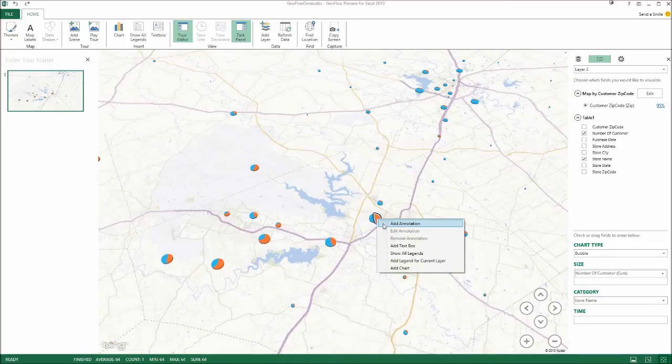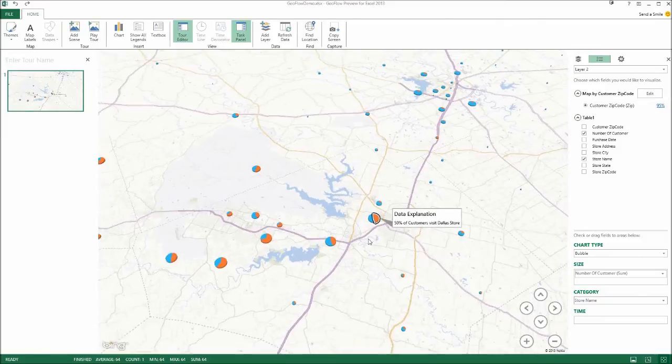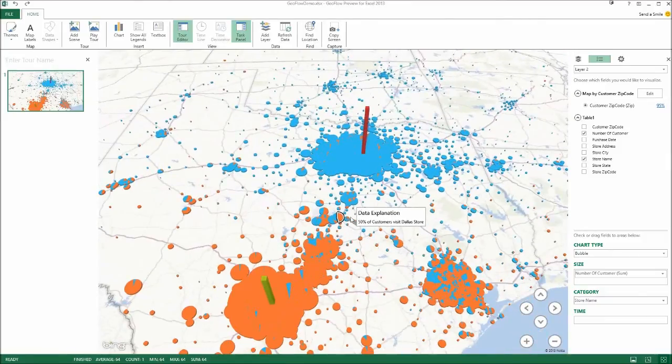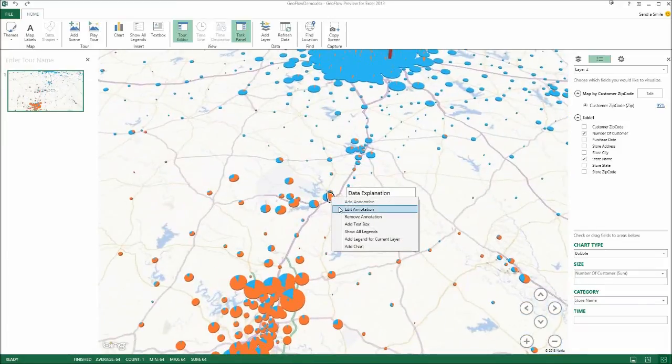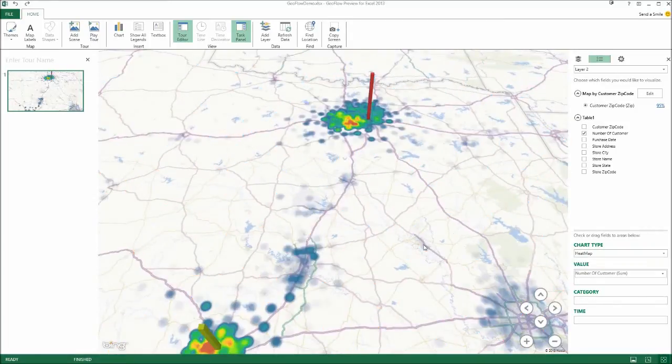Now, one cool thing that I can do with the data is actually add an annotation, which is going to be a little bit of floating text about our data. So I might say this is data explanation, and we can say something like 50% of customers visit the Dallas store, something along those lines. And there we go. When we zoom out, we still see our annotated data. So you can put some annotations up here and down here and kind of explain your data a little bit better. So I'm going to go ahead and remove that and show you the third type of chart, which is